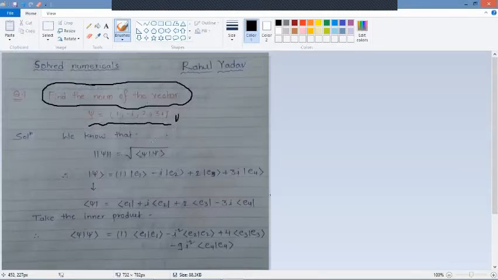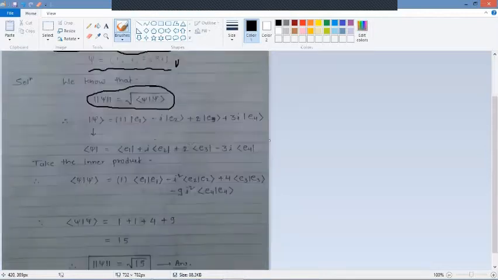So how can you find out the norm? We know about the norm. What is the norm here? We know this very well from previous lectures, and if you do not understand this, you can understand it after seeing that lecture. First of all I have to calculate the inner product of the vector. This vector is the linear combination of the bases e1, e2, e3 and e4.